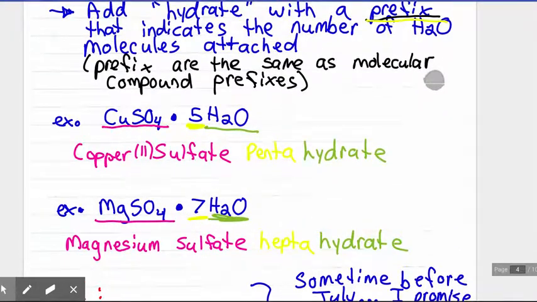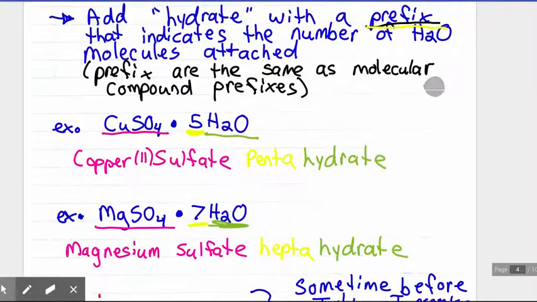Okay, so that is the end of looking at peroxides and hydrates. And I just have one more thing I want to show you. So before I do that, hit pause and make sure you have this copied. Okay, the last thing I want to show you is when we have